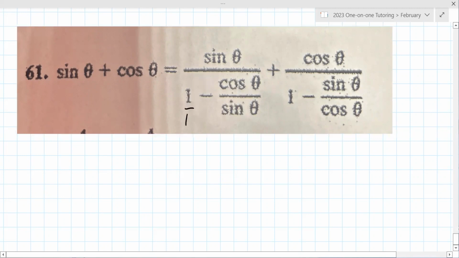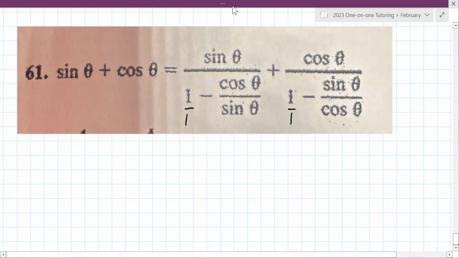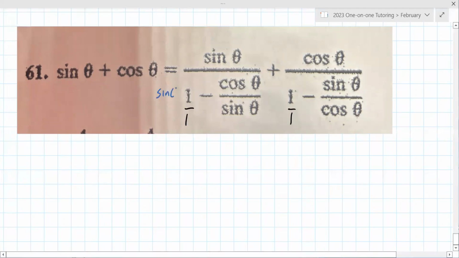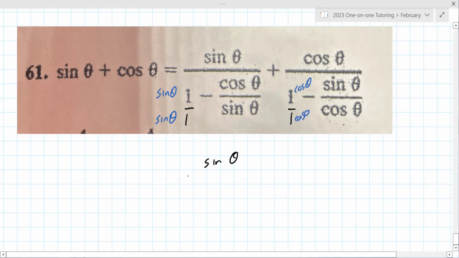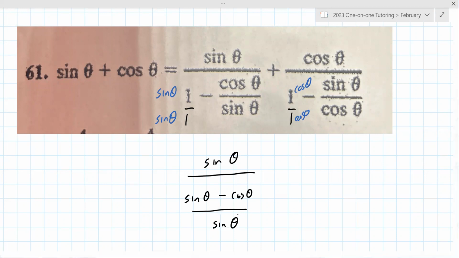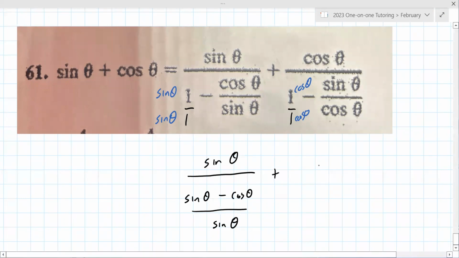So this is really 1 over 1, 1 over 1. So on the fraction on the left, you're going to multiply top and bottom by sine theta. On the left here, cosine theta, cosine theta. So you got sine theta over, this becomes sine theta minus cosine theta over sine theta. That's the common denominator there. Is that all right? This is a guess. Sometimes you go off in the wrong direction, and that's not always great, but